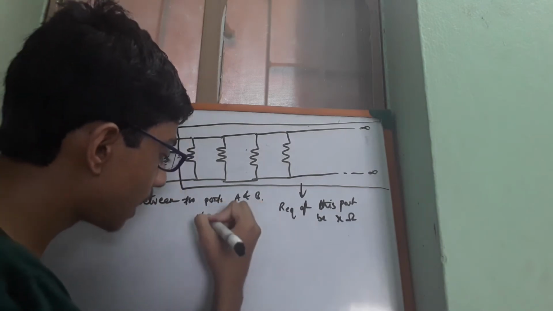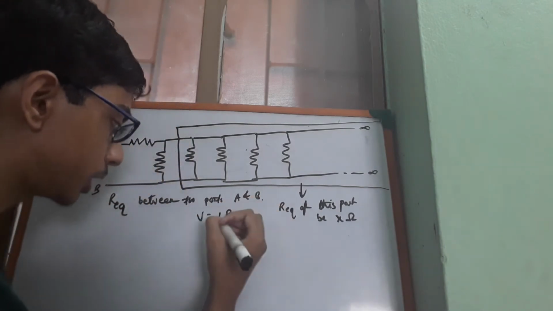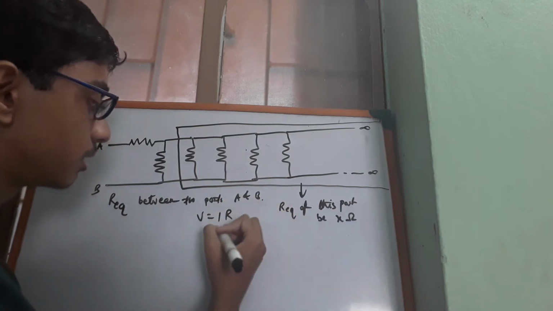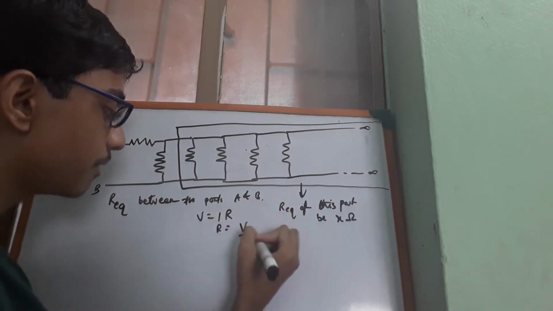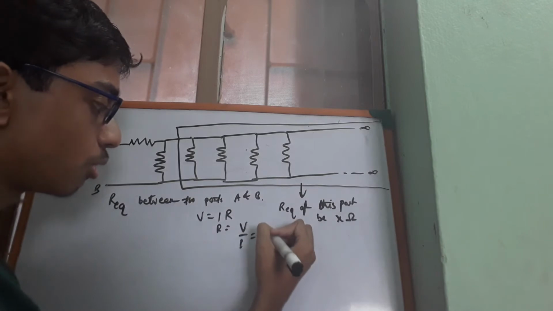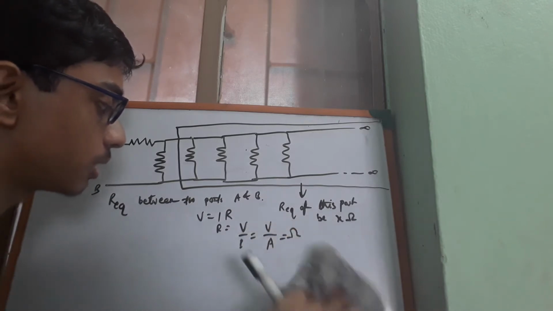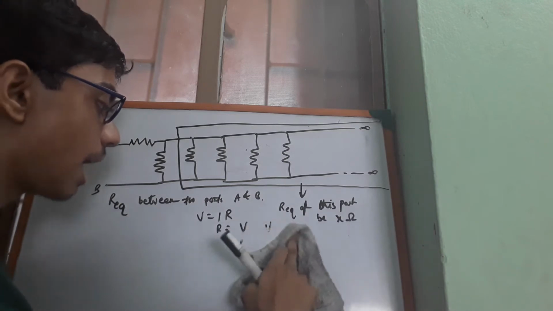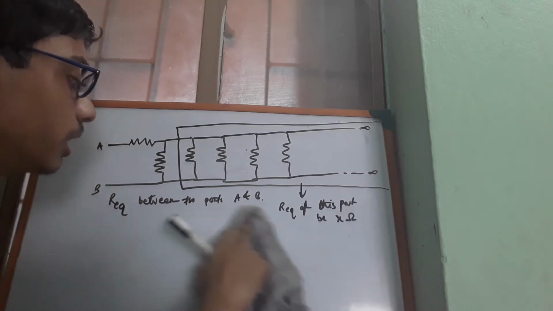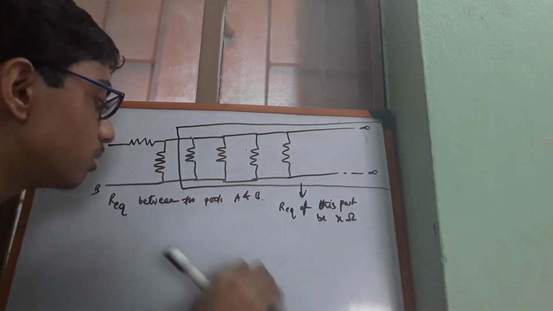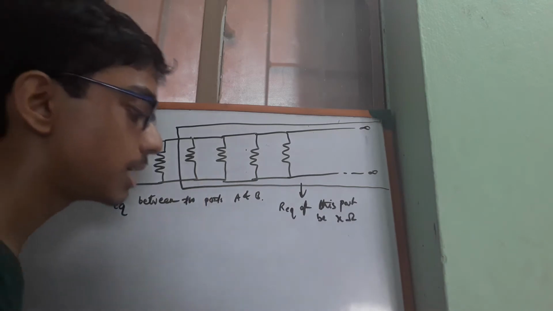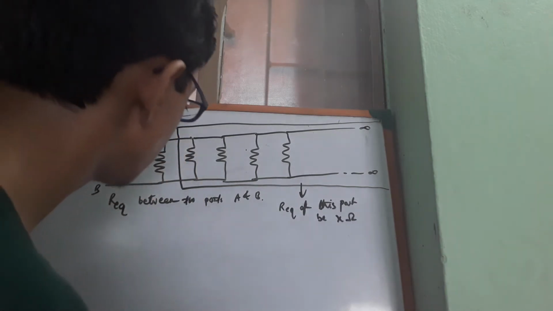So V equals IR. This is Ohm's law, where V is the voltage or potential difference, I is the current, R is the resistance. So R equals V by I. What is the unit for voltage? That's just volts. I is amperes, current. So this is your ohm. The unit is called ohm. Now I is again Q by T, and potential difference is again a very interesting concept. So I'll try to cover that in a future video, but for now, okay.